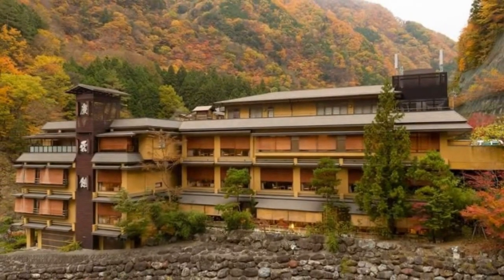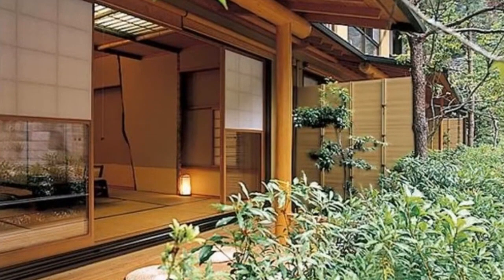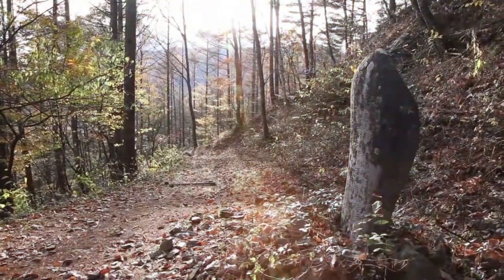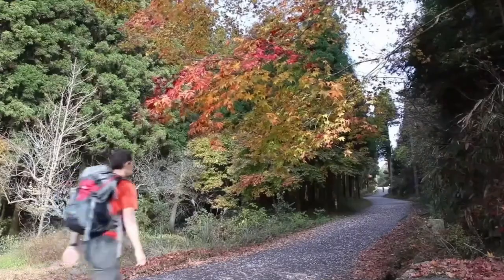But perhaps the most incredible thing about Hayakawa is that it's home to the oldest hotel in the world. Nishiyama Onsen has been welcoming guests for over 1,300 years, making it a living piece of history in this quiet mountain town. Nagiso, Nagano. Nagiso is a place where history comes to life, with beautifully preserved old houses lining the